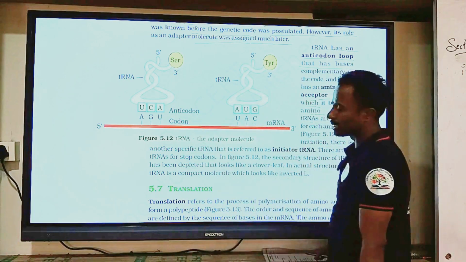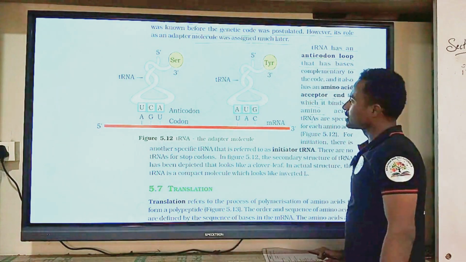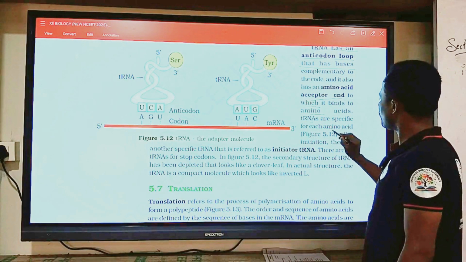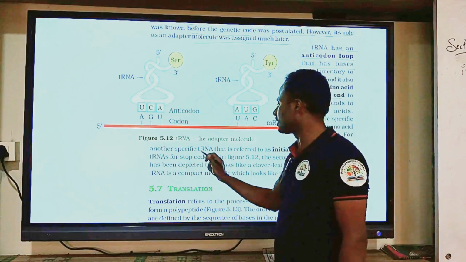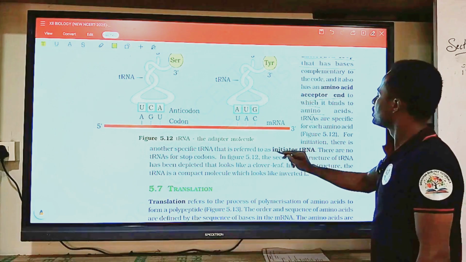mRNA is the reader strand. tRNA is the binding strand, which binds with an amino acid. The tRNA is specific for an amino acid. For the initiation, there is another specific tRNA that is referred to as an initiator